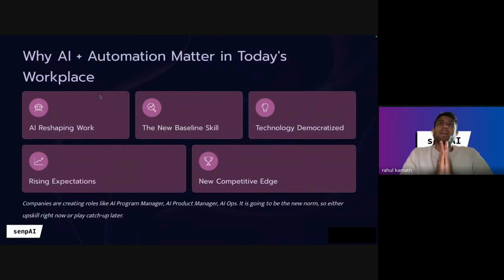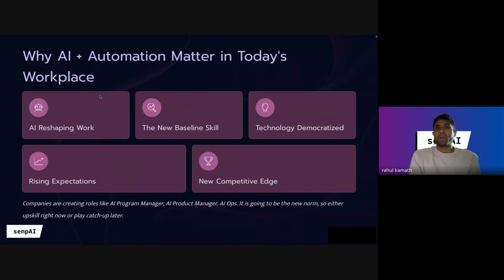So, why AI, right? That's the most important question. And I think by now, most of us have realized that AI is important, and it's important to upskill ourselves in this space. Probably that's why we are all here attending the session as well. And you might have also noticed that in office, there is not one day which goes without anyone mentioning the word AI, right? And it's literally, I think, the buzzword of 2025.